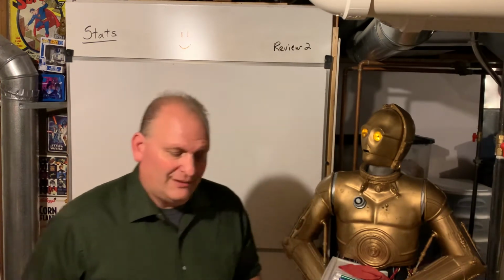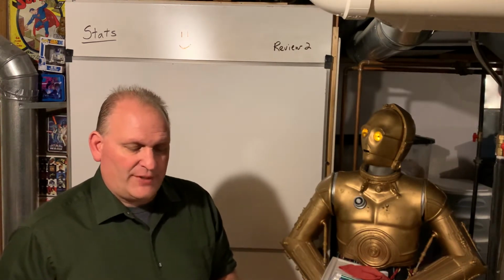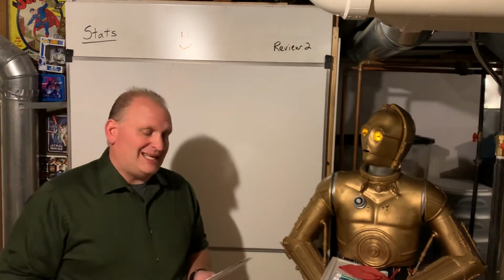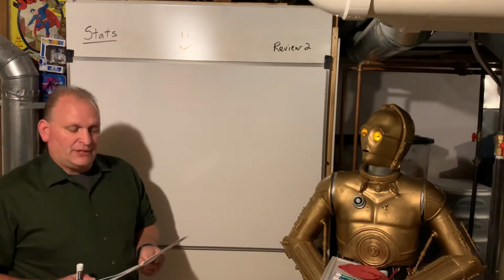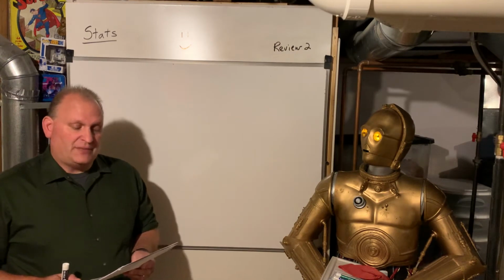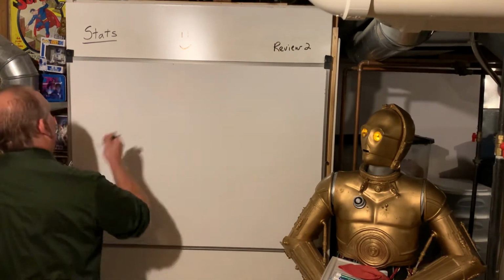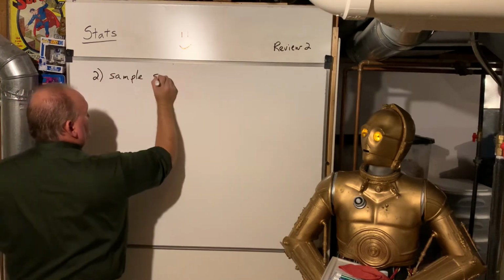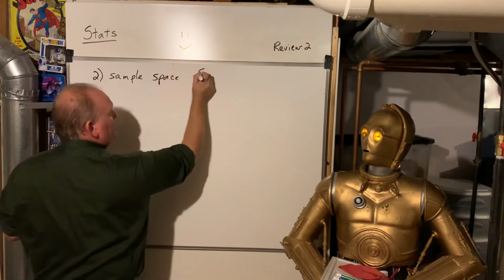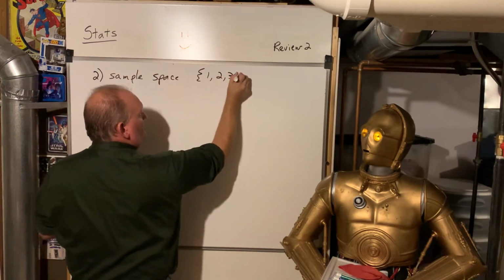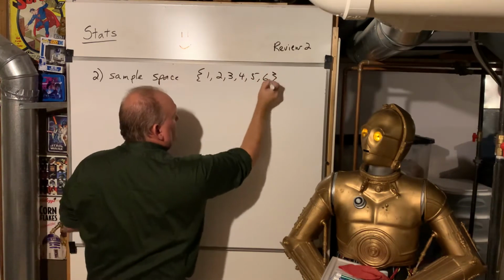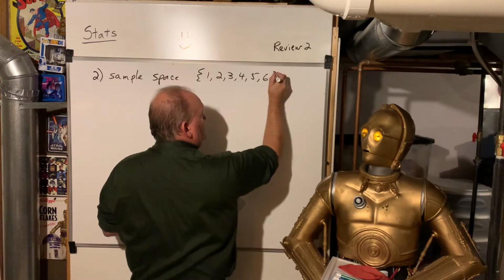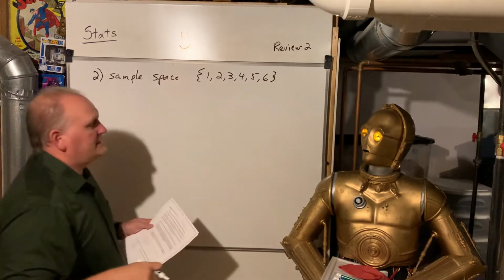So what are the well-defined results of a probability experiment called? Those are called outcomes. Number 2 is define a sample space. That is a set of all possible outcomes of a probability experiment. So, for example, when I roll a single die, the sample space is 1, 2, 3, 4, 5, or 6 on a normal standard die. These little squiggly lines on either side are called set notation,